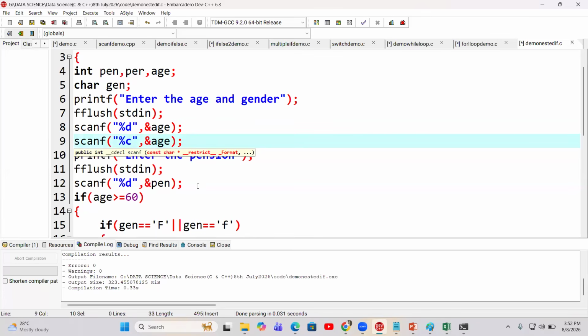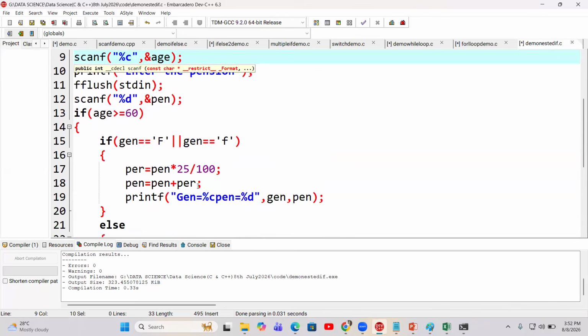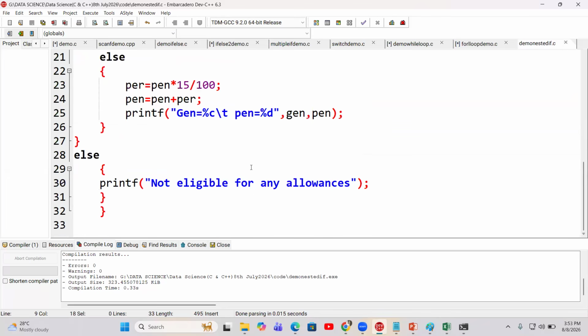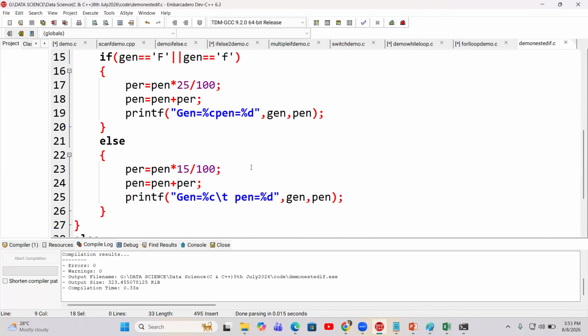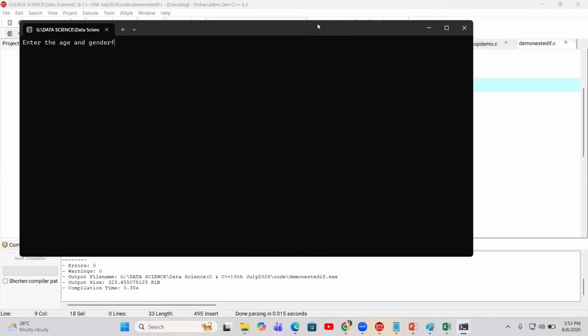Let's see. And here it is fine, C is there. Let's see whether it's working fine or not. Otherwise, I'll check it out and find the solution. Okay, here also it is given properly. So only this is not getting printed. Let's see what happened. Okay, now the last try. Otherwise,